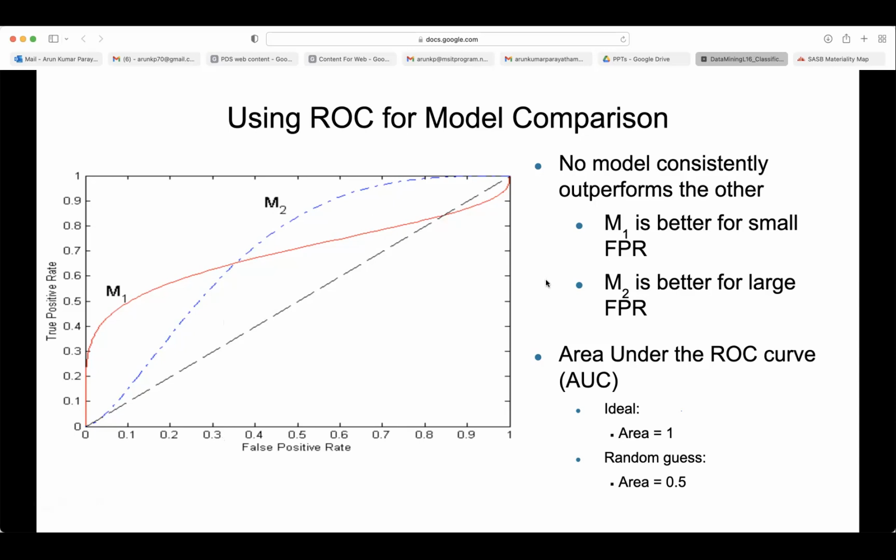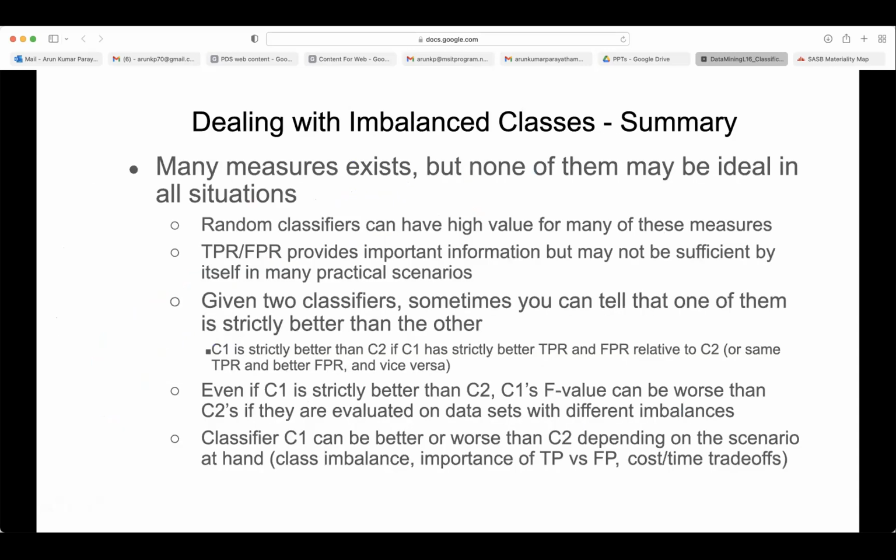But M2 is better for large FPR. If you allow as many false positives as needed, then it is able to catch more positives. So there is no rule that M1 is better or M2 is better. Again, you need to see how much it makes sense to the business if they want to use